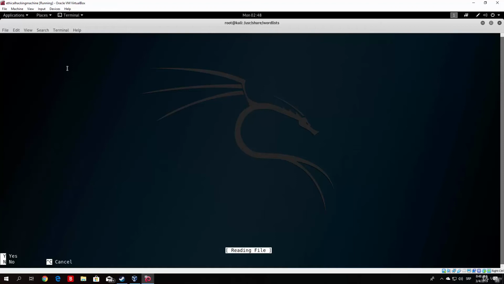But it is once again reading this file, so let us wait for this to finish. In the next tutorials I will use a smaller password list, so we do not have to wait this much for it to load. But you should give it time, as it is really loading 14 million passwords, which is a lot.